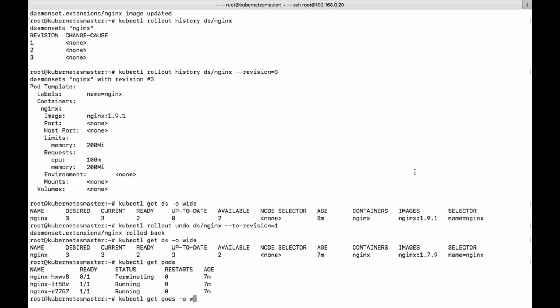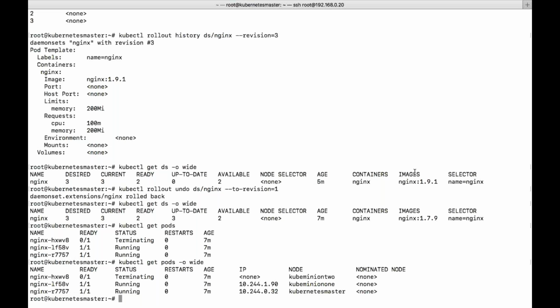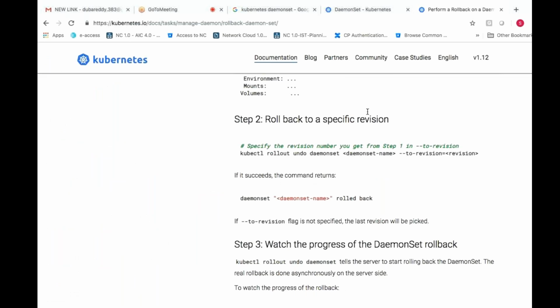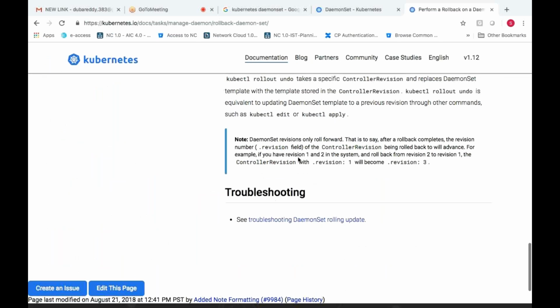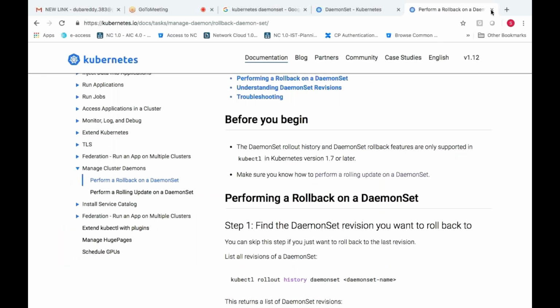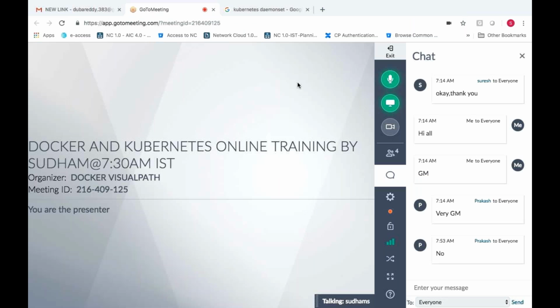Any questions on this? With this we have completed our daemon set. Everything is done. Any queries, like a topic which you have not understood, or questions on daemon set? Whichever application you want to deploy on all the nodes, where you need to ensure it is running on all the nodes, then you need to go for a daemon set. If it is not required, you are not bothered about running the pod on all the nodes, then you can go for normal pod creation, or replication set, or replication controller, or a deployment.